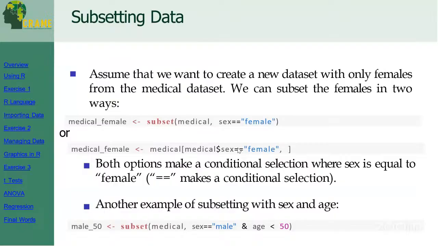This double equal sign actually is not the assignment operator. Rather, it's a logical operator which says that the condition is verified. So if it is equal to, save it. If it is not equal to, don't save it, right? Again, male and 50: subset medical where sex is equal to male and age is less than 50. So you can prepare the data, you can prepare the subsets, you can do the data mining. This is also called data mining